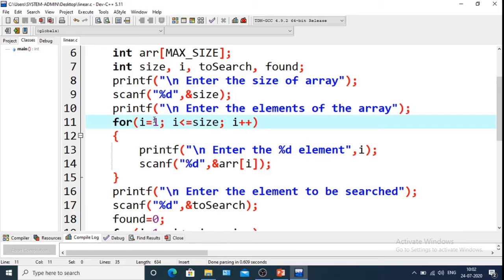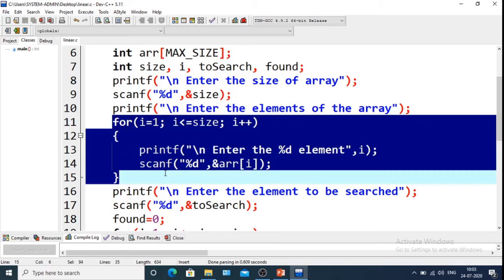I am explaining this loop. The value of I starts from 1 and moves up to size, and here size is 5. So the first element will be stored at arr[1], the second at arr[2], the third at arr[3], the fourth at arr[4], and the fifth at arr[5].